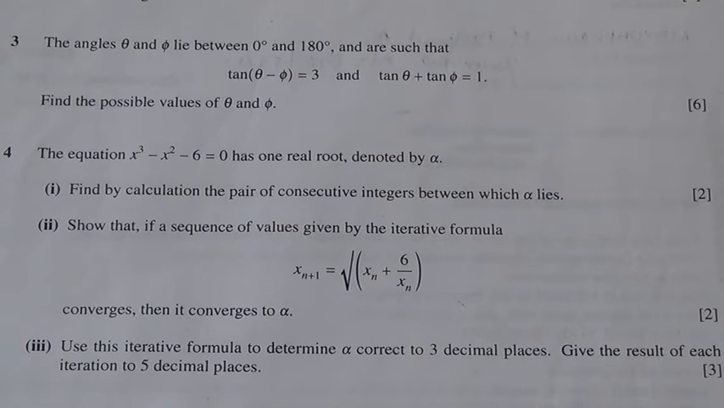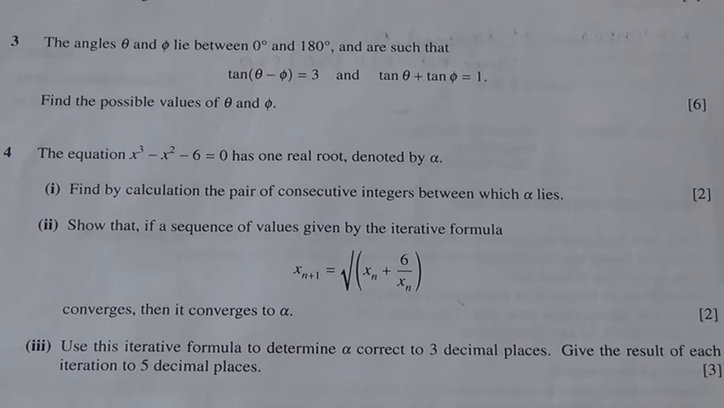Hi, question number 4 taken from October 2015, Advanced Level Maths HSC P3. The equation x cubed minus x squared minus 6 is equal to 0 has one real root denoted by alpha. First part, find by calculation the pair of consecutive integers between which alpha lies. Second part, show that if a sequence of values given by the iterative formula x sub n plus 1 is